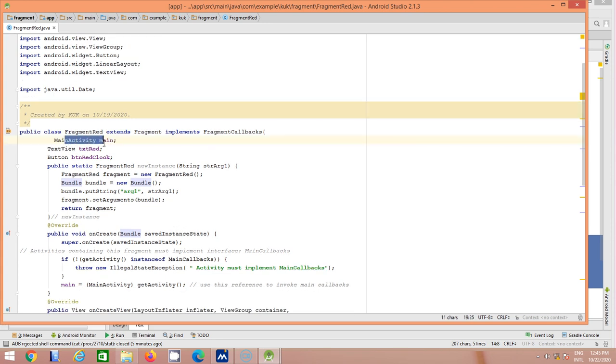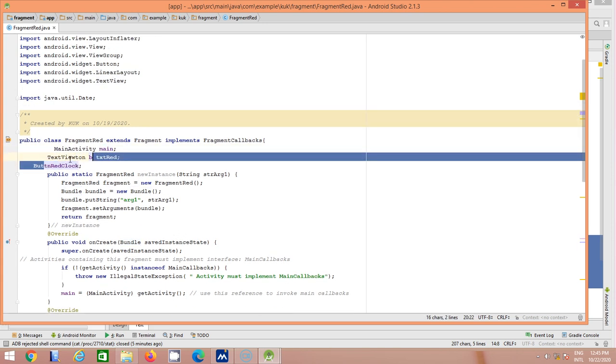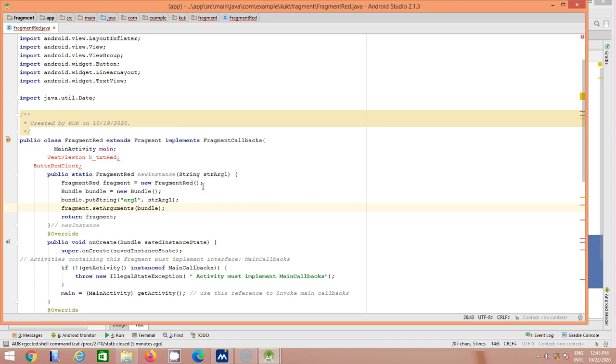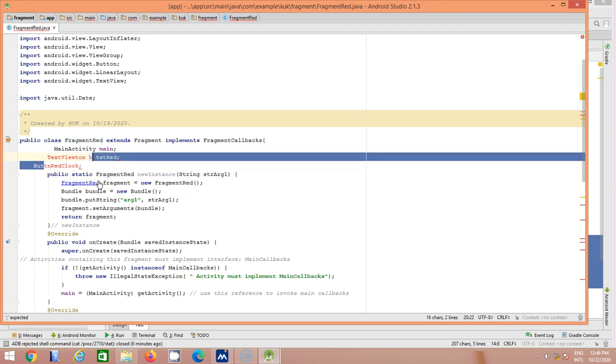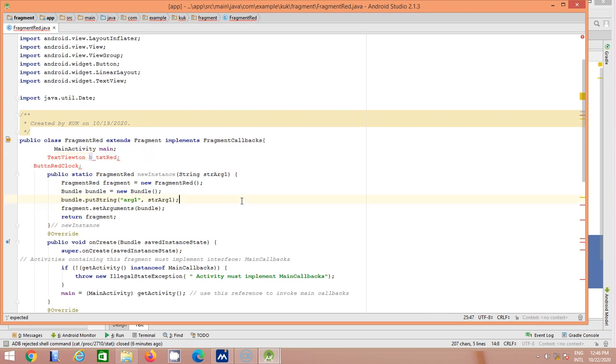Then main activity, text view, button. Then we use the statement fragment red, bundle, put string, set argument of the red fragment.